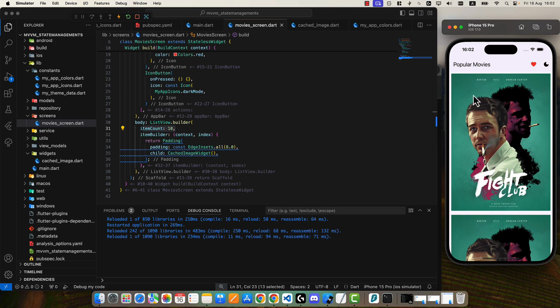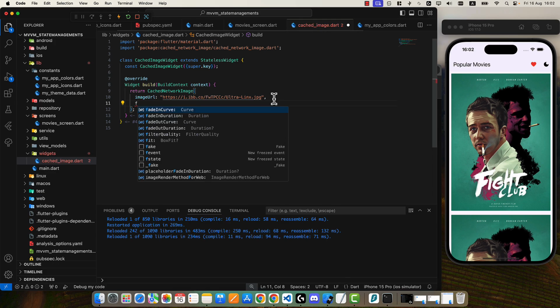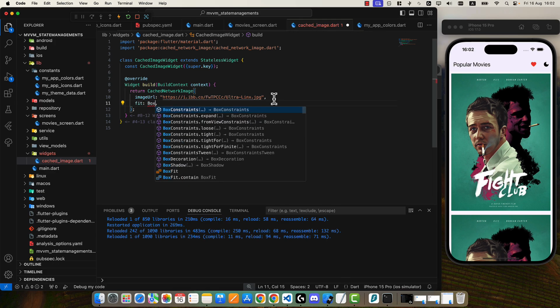I mean this view here and this view only. Perfect. So this cached network image will take some parameters. It will take the image URL, and we can give it the box fit, for example, to see how it will look. For example, here box fit